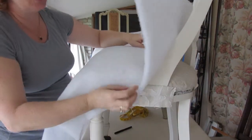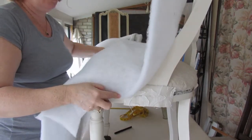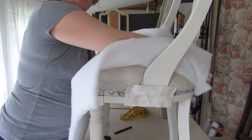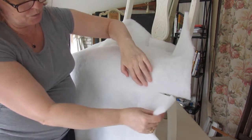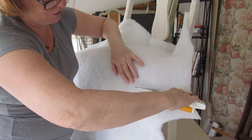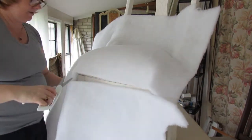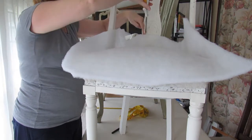Okay, the next layer is some more Dacron Wrap. I just need to make sure it comes to at least where the last of the staples go in, and I need to pull it round to make sure it fits down to the back. I'm going to run my fingers along the top of this wood here and cut to my fingertips all the way across, and the same, just make sure that both sides come down, because we'll be working this Dacron in inside here,